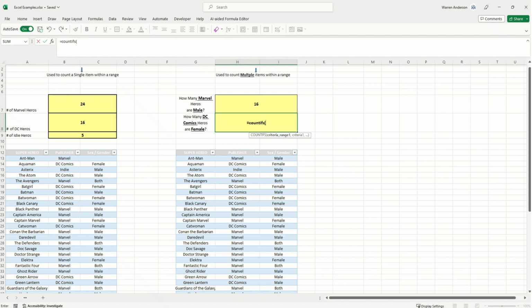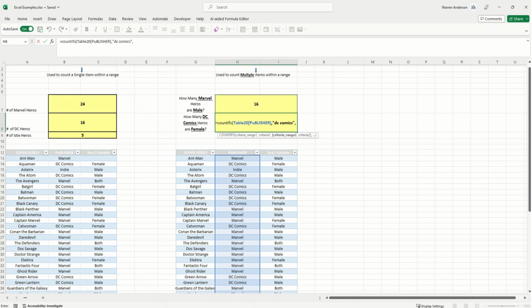Make sure you see the down arrow. With your left mouse button, click. You'll see the dancing ants, comma. We're going to type in the word in double quotes, DC Comics. Double quote,